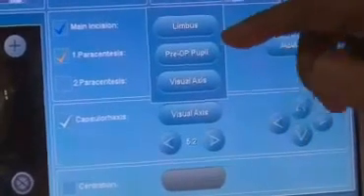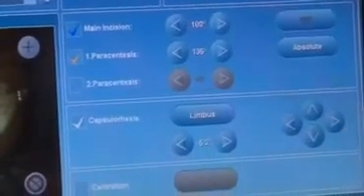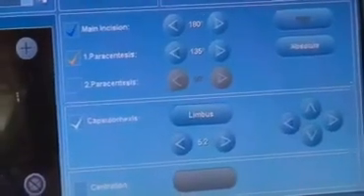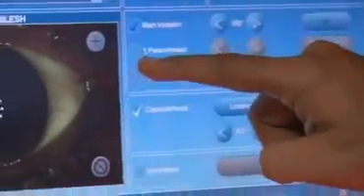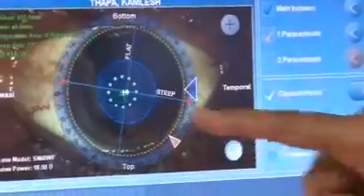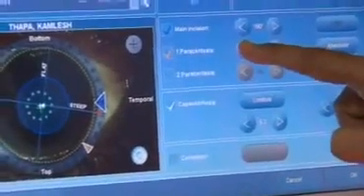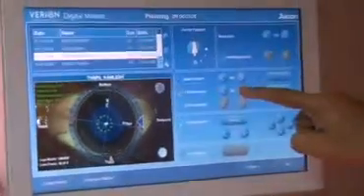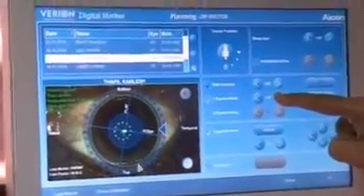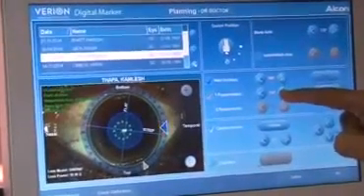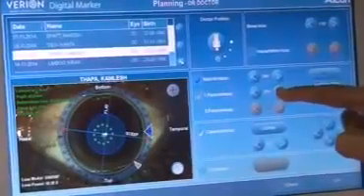I normally like to do it on the limbus nowadays, but many surgeons would like to center it on the visual axis as well. Then once all this is done, you can move your incisions for the paracentesis ports. I'll just switch on this grid to show you. If you watch this small arrow over here, you can move it around like this, so it can move your incisions around wherever you would like to place them. Otherwise they are set by default wherever you normally like them.